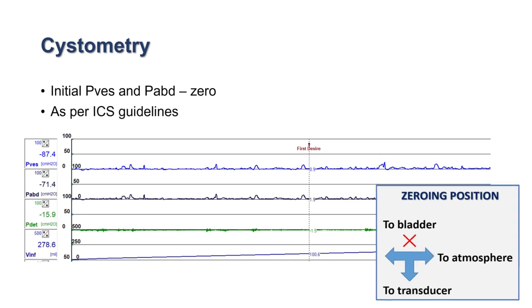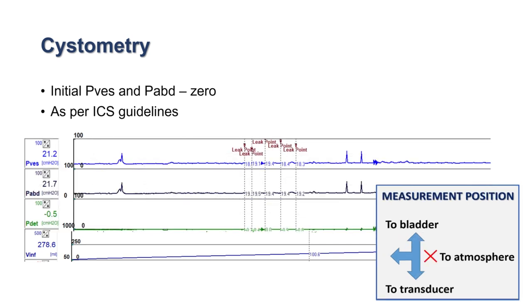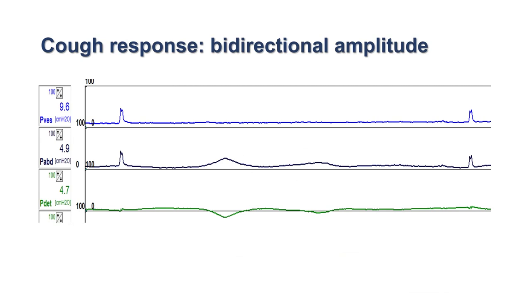study. However, we go by ICS and we zero to atmosphere and then activate the organ, and we will get a baseline P vesicle and P abdomen which is higher than zero value, and the P det will be subtracted to be zero. Now the cuff response is checked,